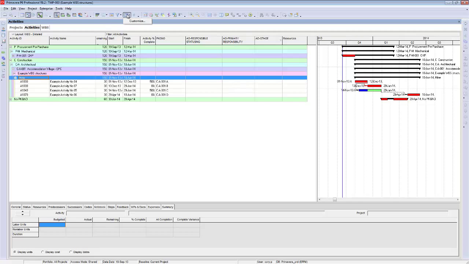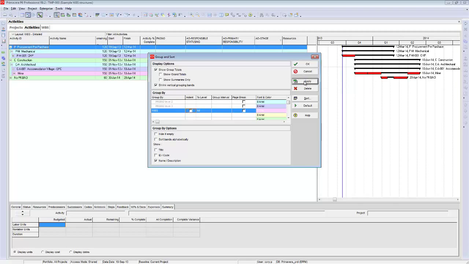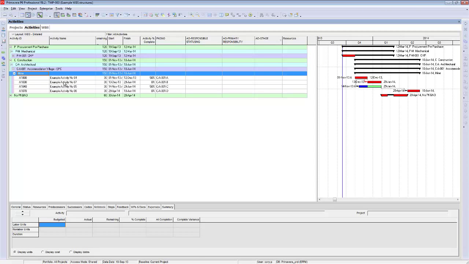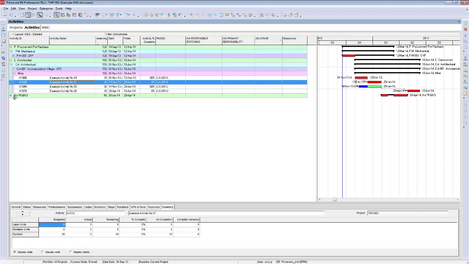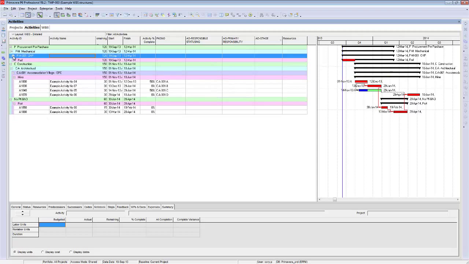So you go to grouping, customize, and take out the indent. Hit apply, and you'll see that now it is only showing the current lowest level of the WBS that an activity is coded to. And you can also see which ones of these haven't been assigned to a package. It'll automatically come up. It helps you identify your